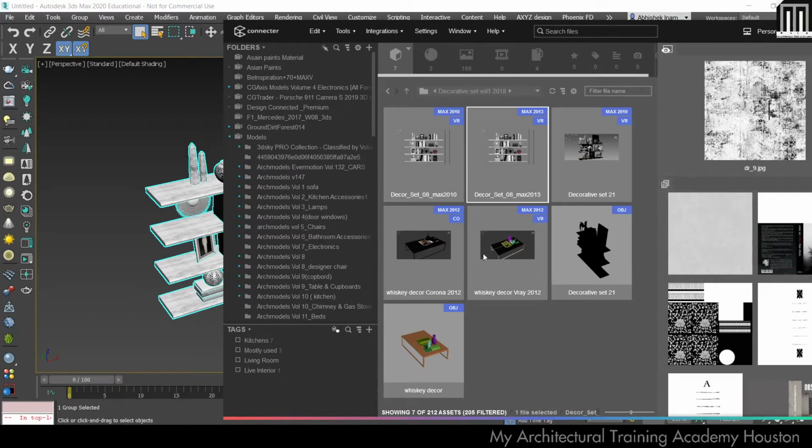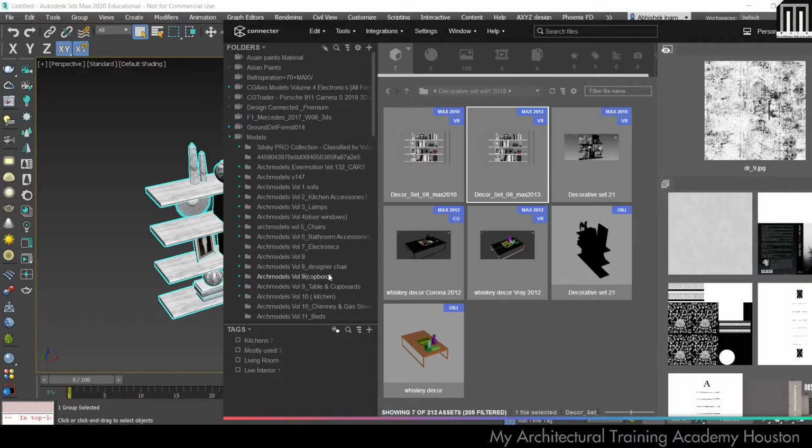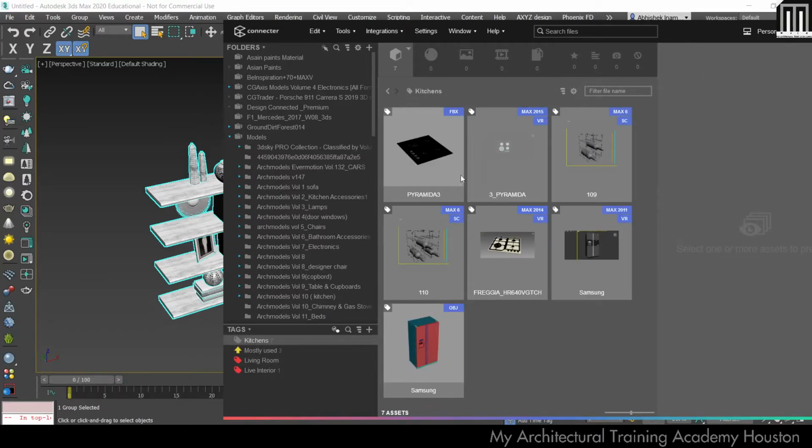Let's say I have made some tags. Why have I made some tags? For example, I have hundreds of models, but for a particular kitchen or interior room, when I'm making that, I want my favorite objects to be in front of my eyes, in shortcut. So when I click on kitchens, I have something which I require for kitchen, say stove, refrigerator, something like that. I'm taking an example.